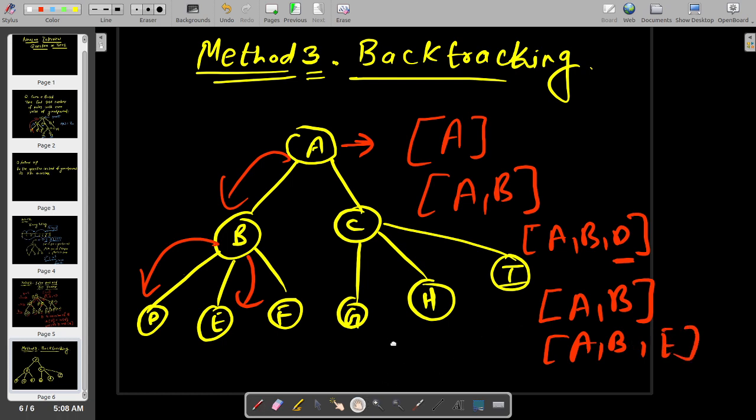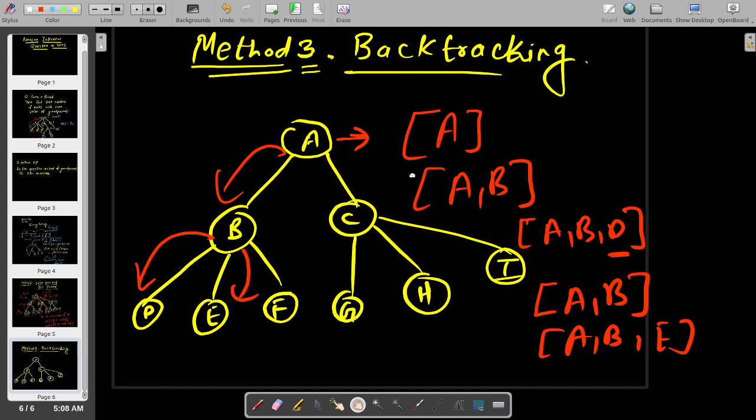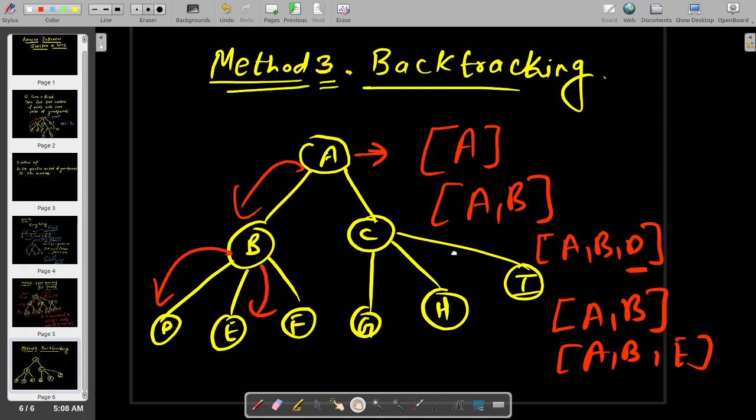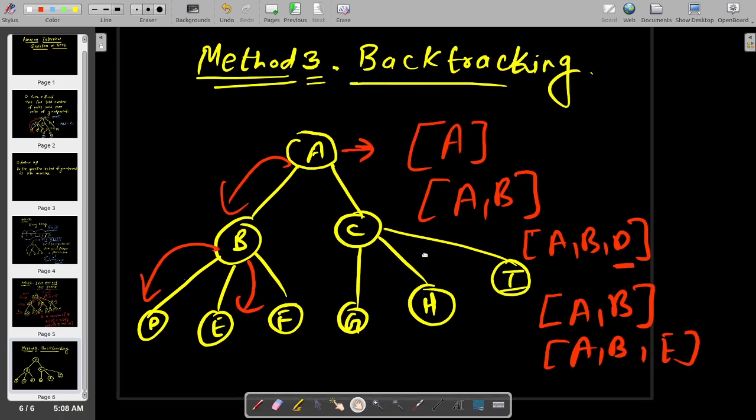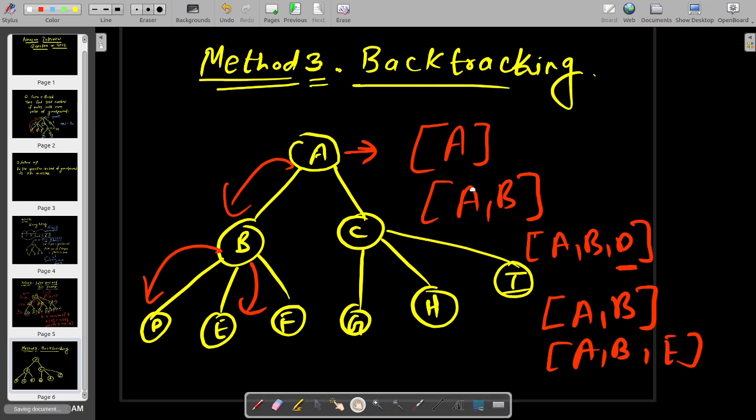Now observe the pattern here. Every path towards any child is represented in this vector, correct? So using this observation, we could calculate directly the answer for the kth ancestor, or any ancestor. When this is the end node, we have all the ancestry of it: B's parent is A, D's parent is B, B's parent is A, and so on.